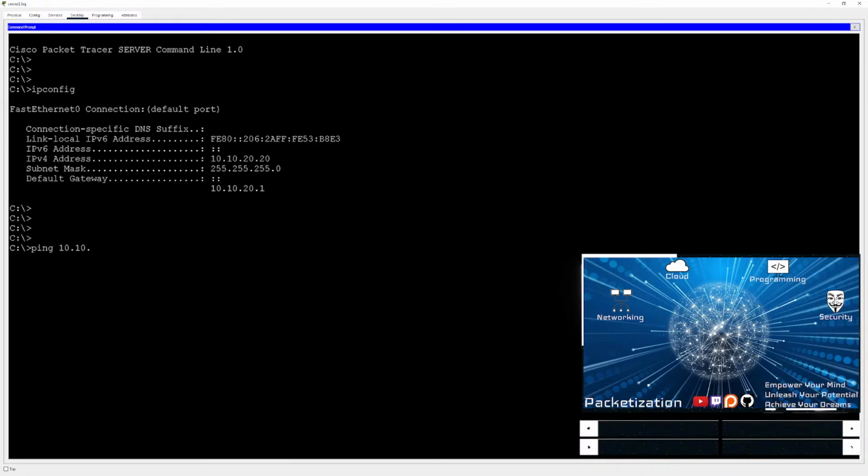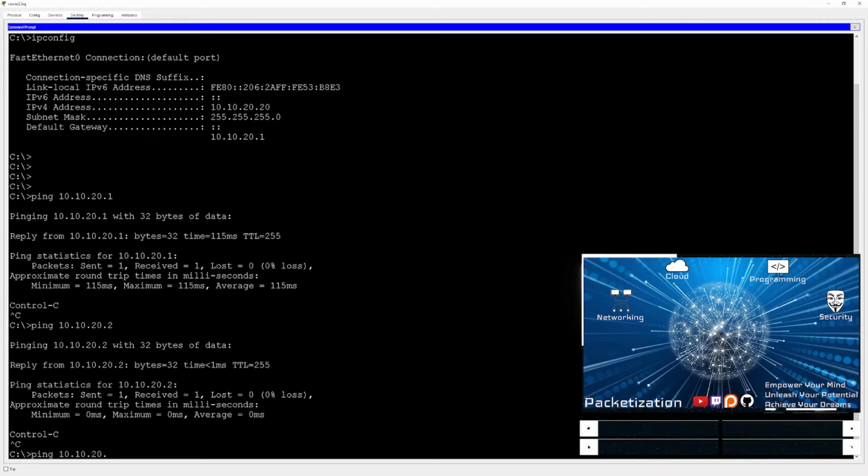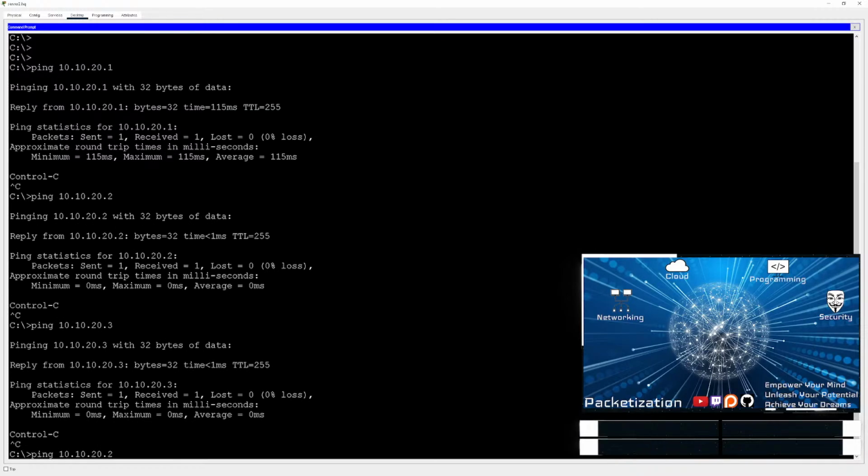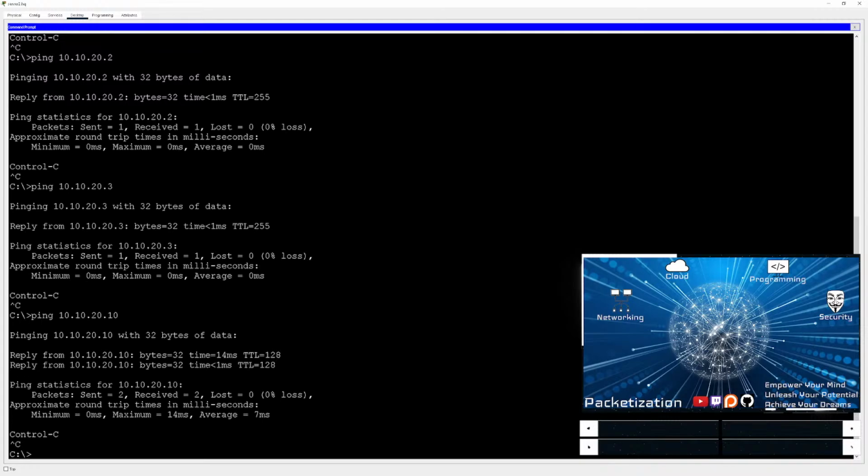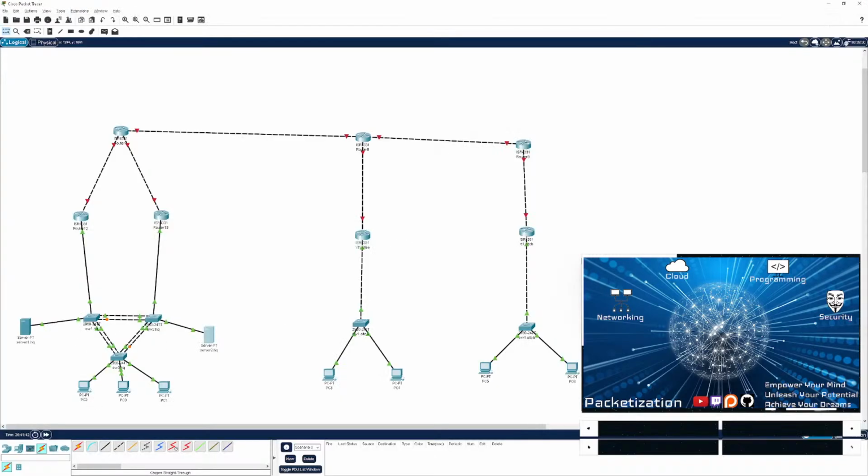Ding, 10.10.20.1 is good. 2 is good. 3 is good. And I should also be able to ping the other server, which I can. Okay. That's all done. All right. So now we have all the local networks completed. Now we need to